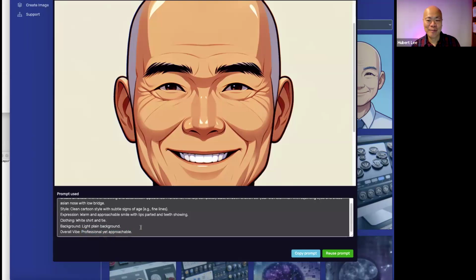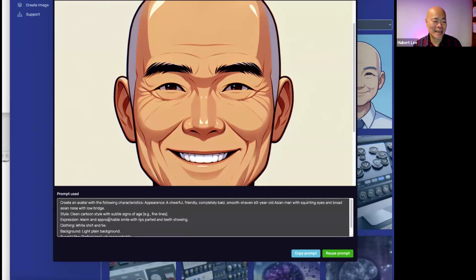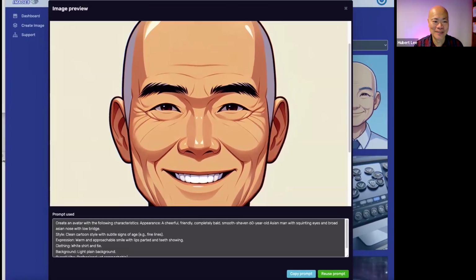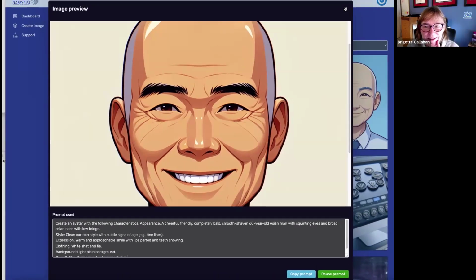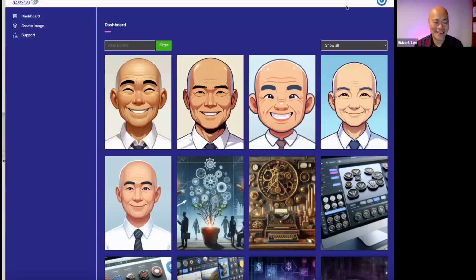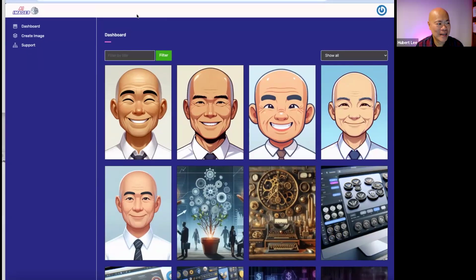Now, Brigette, you probably find that this is kind of lacking in detail, but that was my prompt to get this. No, you did very good. So you didn't submit a picture? You can't submit a picture? I did not submit a picture. This program does not let you submit a picture. But look how good it looks. It's amazing. Just to show everybody how AI images work, this is the dashboard,